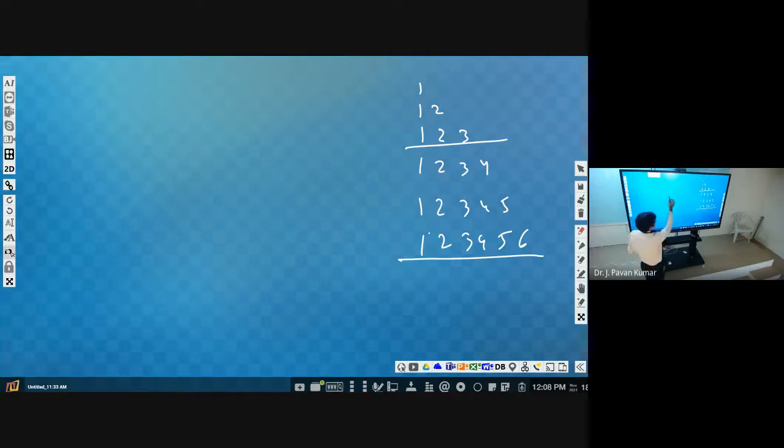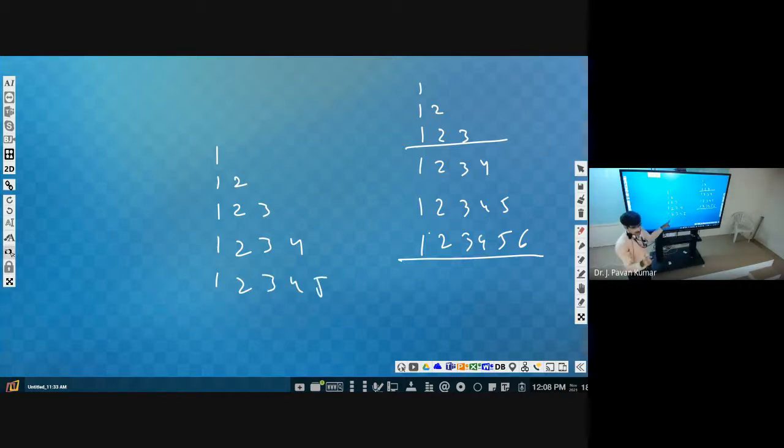You analyze in such a way that we want to print like this: 1, 1 2, 1 2 3, 1 2 3 4, 1 2 3 4 5. Now what is the input? The number of rows. What is the input for this? 5. So 5 rows. Now you consider this one as a table.